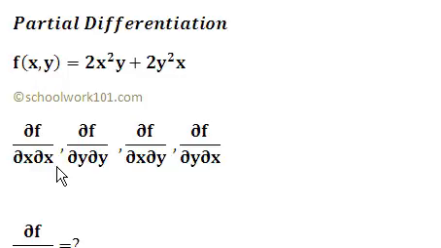Even if this was like 3 partials here, or 4 partials down here, whatever, just remember you read these from right to left. So you take the derivative of this first with respect to x, leaving y as a constant, and then you take the derivative of this one next. This time you're taking the derivative of y, leaving the other variables, however many are involved. We could have a bunch of different variables up here actually. Anyway, so right to left. And I'm going to be introducing some other notation to replace this that I think is easier to understand, but